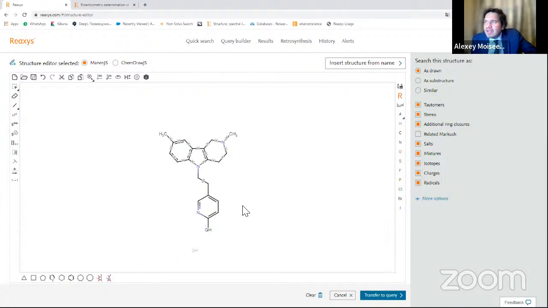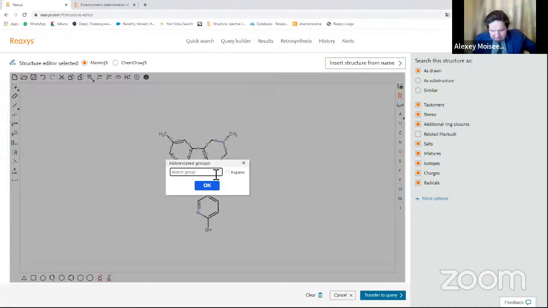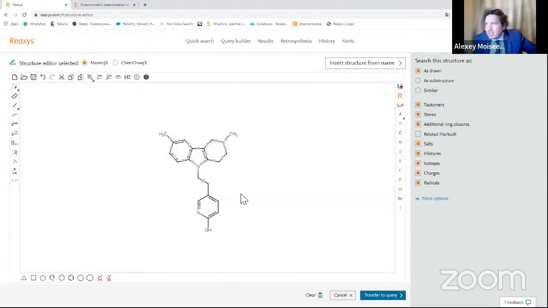So it will find anything existing in its memory, and try to find all the substances according to our request. Also, we have here abbreviation groups that we can place like this in some position, and so on. A lot of other possibilities.